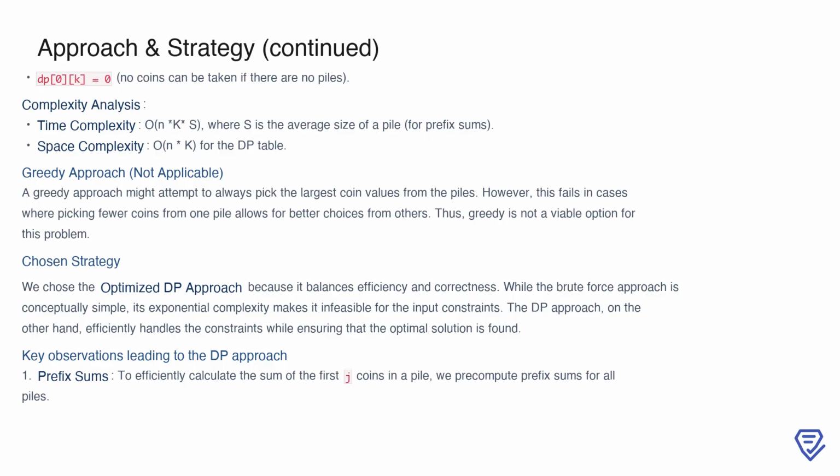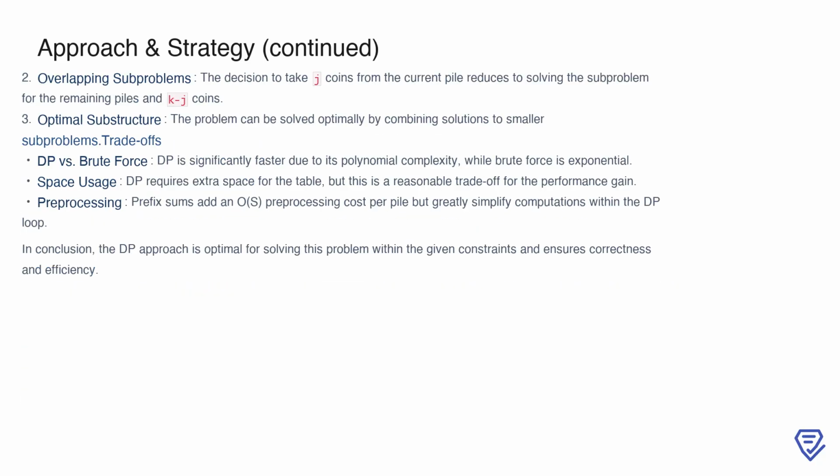It strikes an excellent balance between efficiency and correctness, effectively addressing the input constraints while ensuring that we find the optimal result. The decision to use dynamic programming is supported by key observations. First, we utilize prefix sums to efficiently compute the sum of the first j coins in a pile. This pre-processing step, which has a linear cost of O(s) per pile, significantly simplifies the calculations within the dp